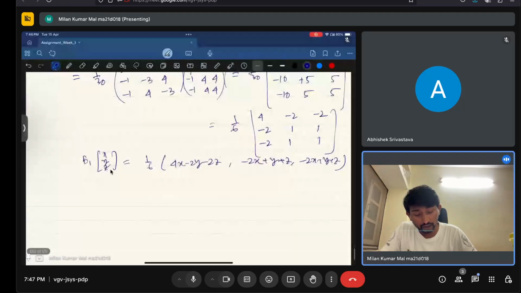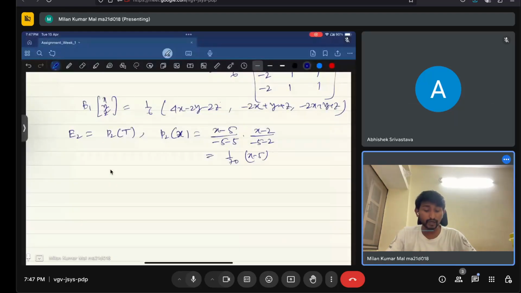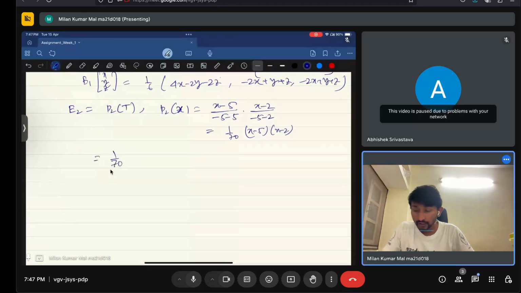Okay, so therefore it will be minus 10 into 7, 1 by 70 into x minus 5 into minus 10 minus 7, 17, x minus 5, x minus 2. So therefore that will be 1 by 70 into,